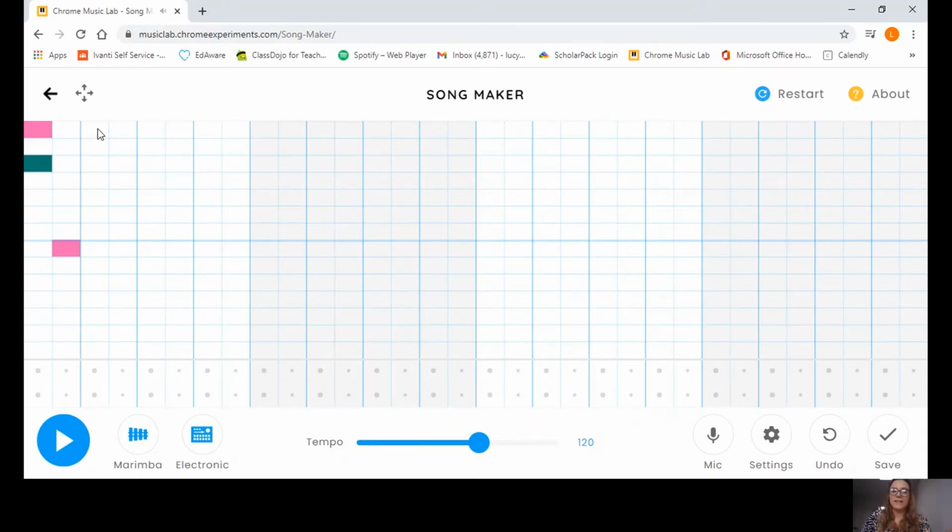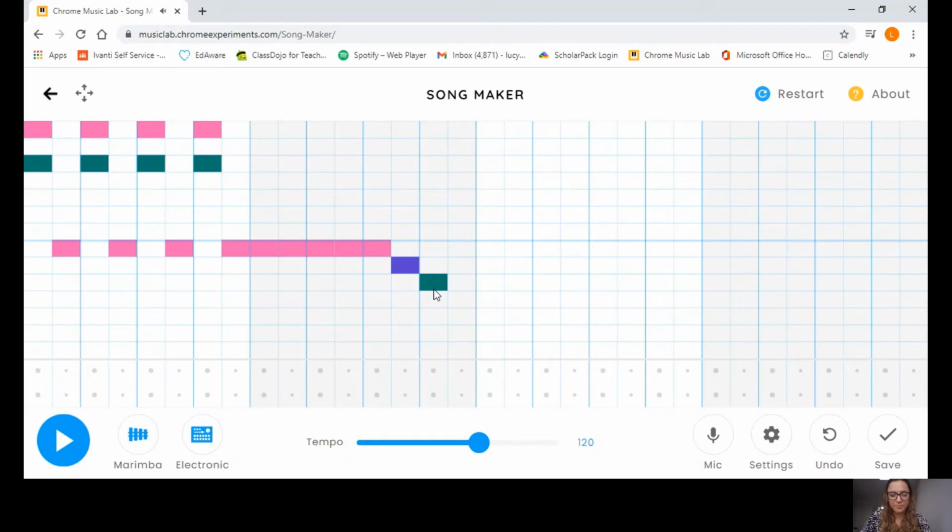Now, I know that I'm writing a piece of music to sound like jumping up and down. So I want my notes to be jumping up and down as well. Ooh, I don't want that one. I want this. Let's listen by pressing the play button. So every time I want to listen to my piece of music, I just press the play button. That sounds like jumping up and down. I need to make it a little bit more interesting though, because otherwise that's going to get really boring really quickly.